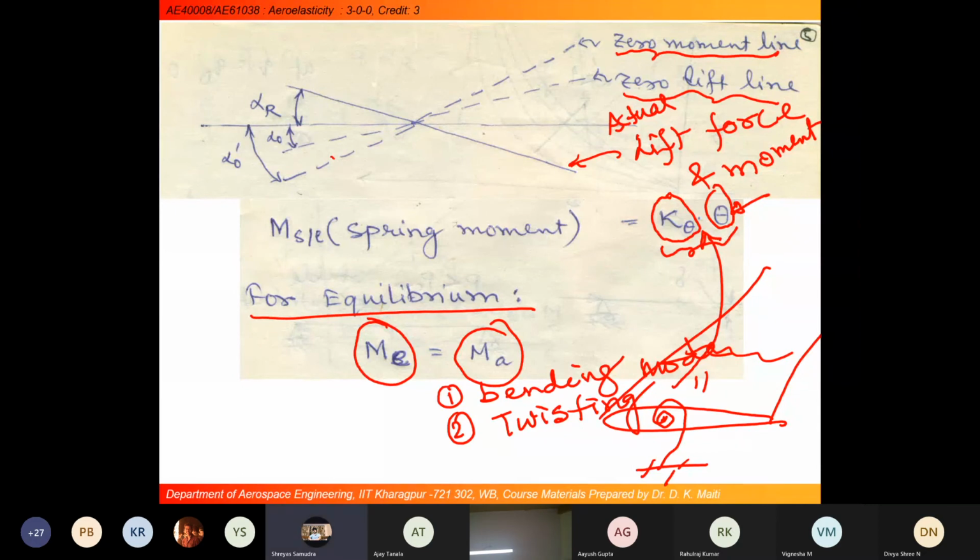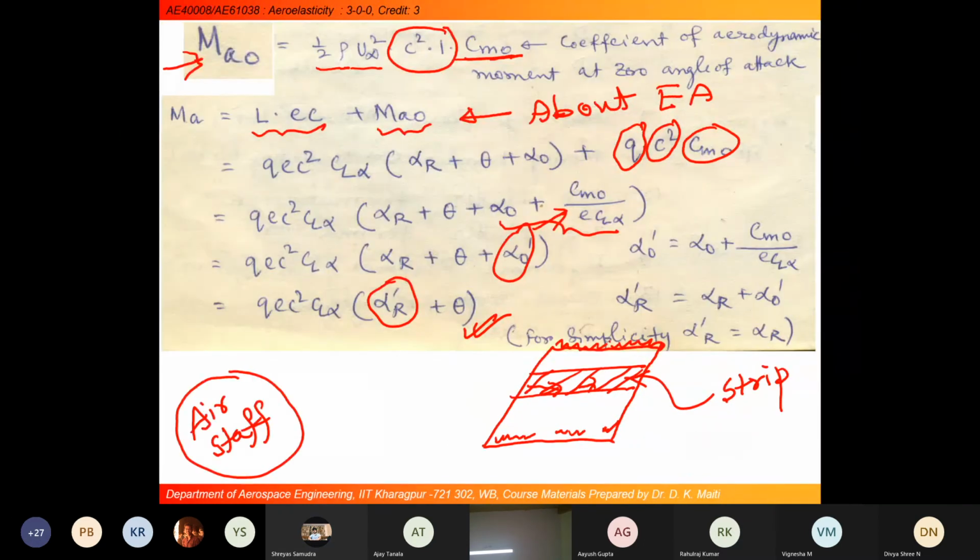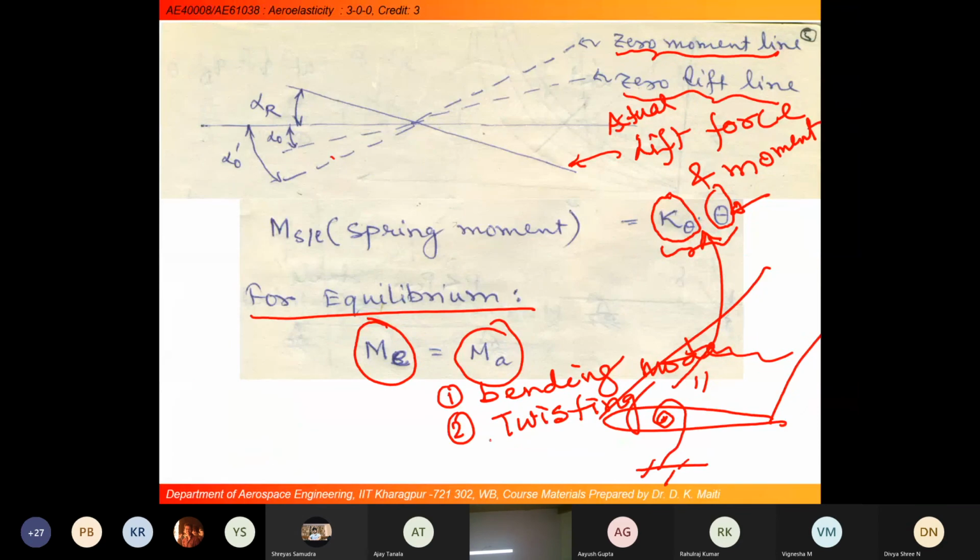Is it okay? So the elastic deformation will not be the same along the span, right? No, it will not be the same. But that's why I am saying this is the concept of modal concept. I have considered here a twisting mode, one mode whose stiffness can be calculated with modal information, the modal stiffness, which is nothing but k theta. I am going into the modal concept.